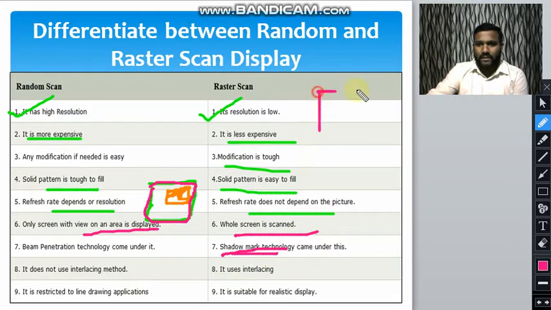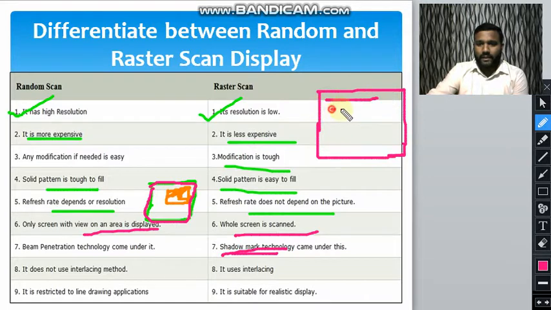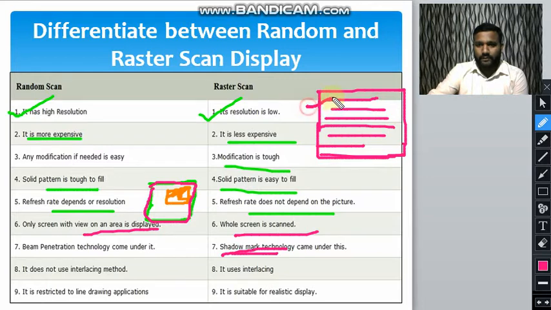Last class we studied interlacing: if these are the horizontal rows and we use the first, then the third, then the fifth, that means we are using alternate rows, so it is known as interlacing. Random scan is restricted to line drawing applications, and raster scan is suitable for realistic display. So these are some differences between random and raster scan systems.